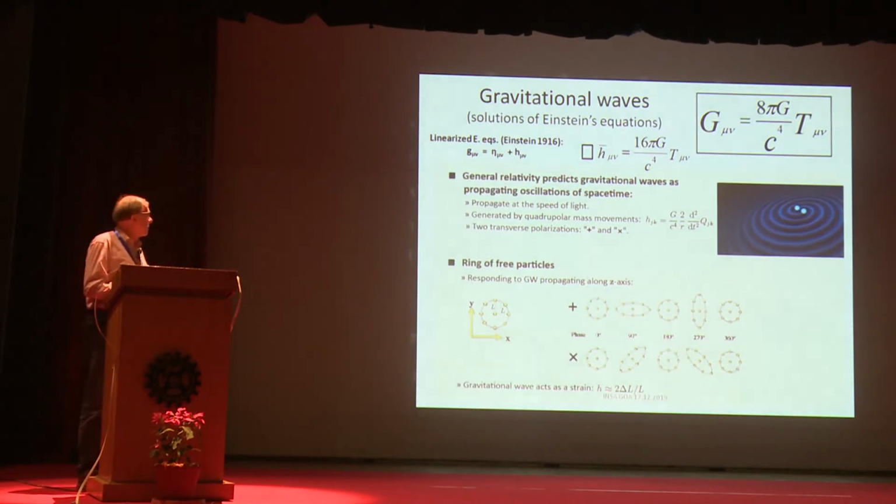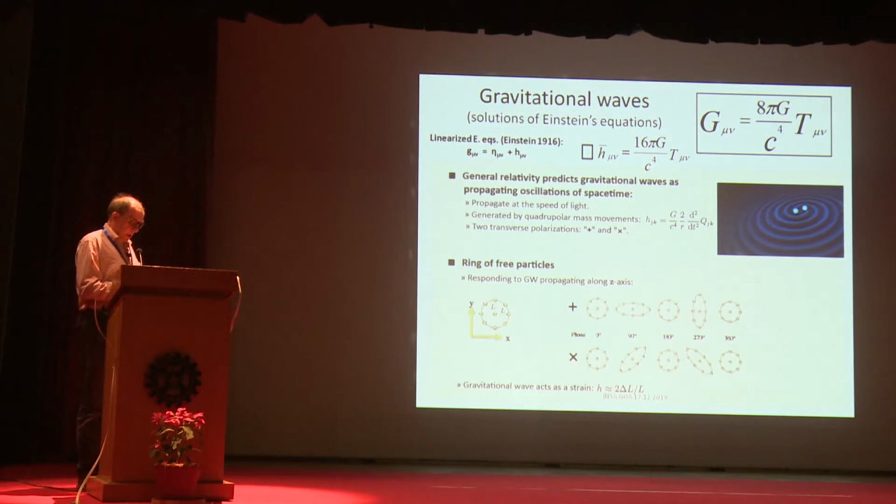Gravitational waves are solutions of Einstein's equations, and Einstein himself realized this. These are Einstein's equations. This is the curvature, this is matter. Linearizing these equations, one gets just a wave equation. Solving this equation, one finds that the amplitude of the wave, to the first approximation, is proportional to the second derivative of the quadrupole moment. So in order to have a gravitational wave, you need a non-vanishing